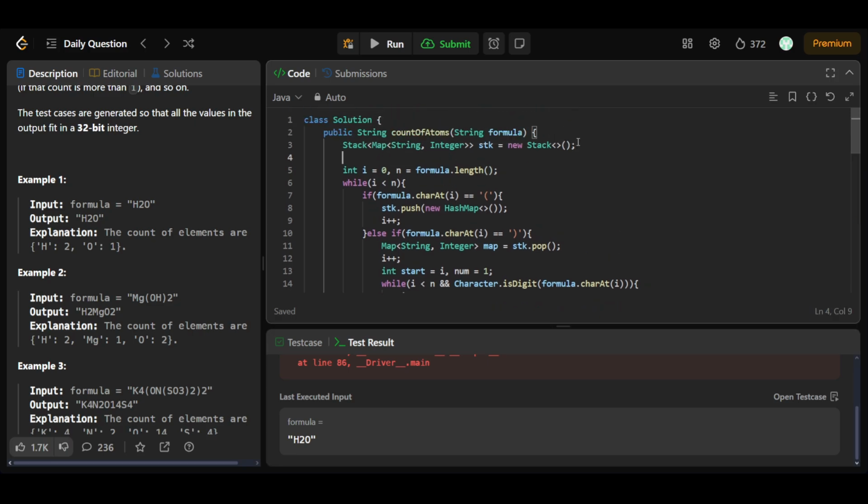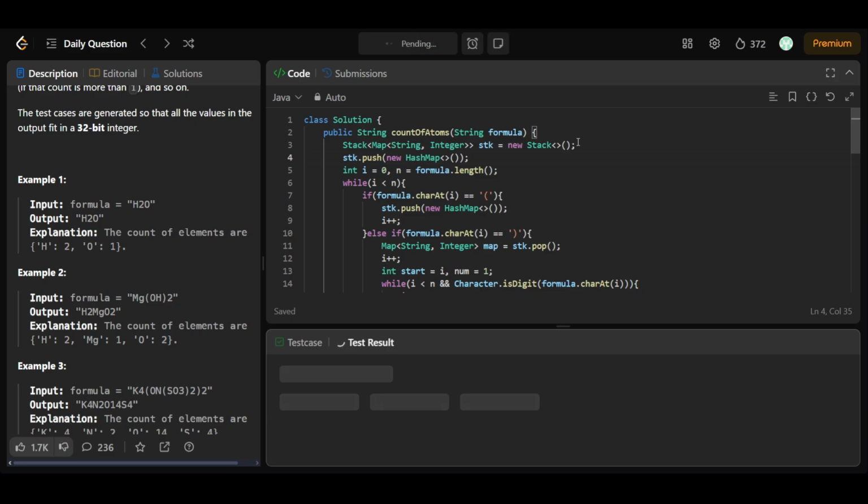Oh, I forgot to add it into the stack. Stack.push a new empty hash map. Now let's give it a run. Yeah, and it's accepting. Let's submit it,